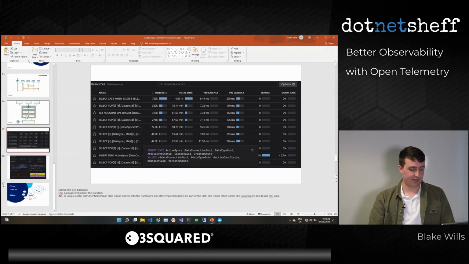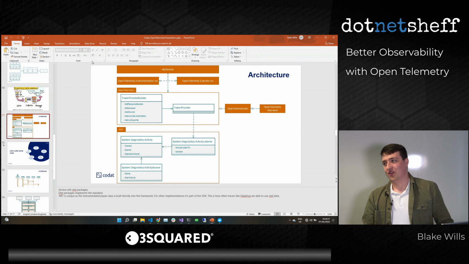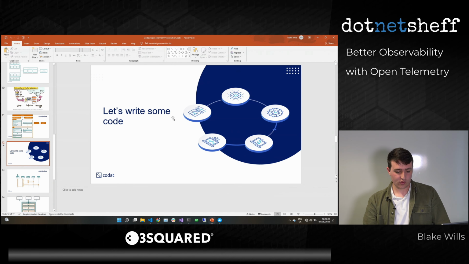Terrible diagram time, and I do apologize straight away. But how does it work under the hood? I guess is what we need to know before we start looking at this. So we've already seen that within a service, we need to reference our OpenTelemetry packages: the instrumentation, the exporter, and the SDK package that gives us the tracer provider builder, which we've been configuring in the program file. But we also